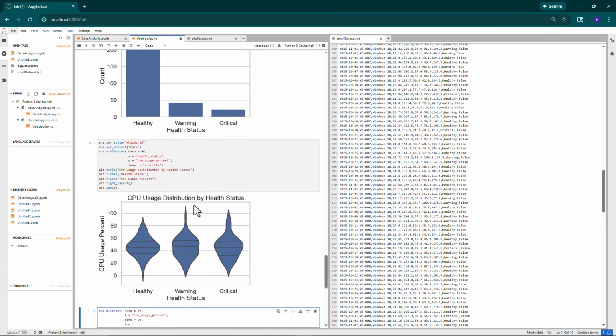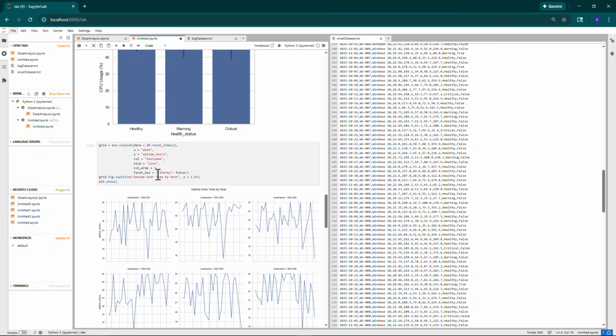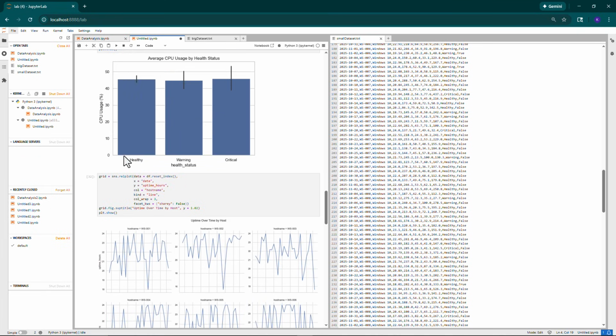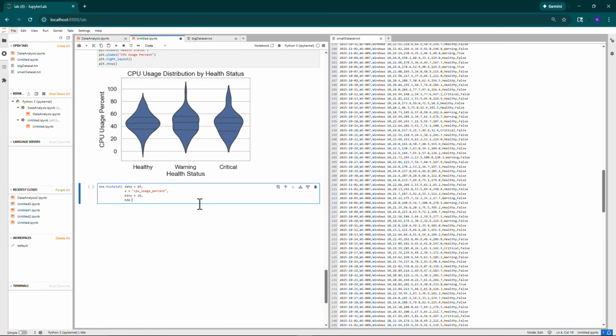I also realized I forgot to talk about something that I did earlier, which is here, which is share Y. That means don't allow these to share the Y-axis. Don't allow some major overlapping that would make our plot basically unreadable. So sorry I forgot to mention that before, but now you know. We're going to do our same tight layout. And now we're going to do